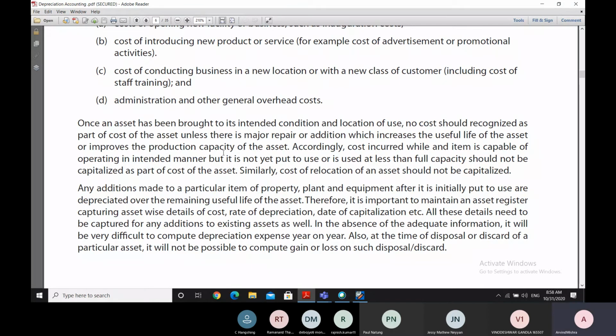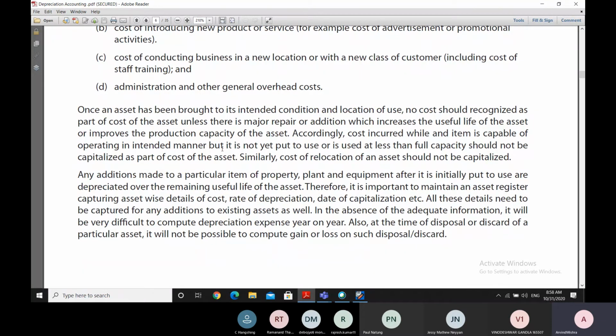Or otherwise, if we incur any major repair or addition which improves the production capacity of the asset or increases the useful life of the asset, then we can say that a durable advantage has happened, and therefore